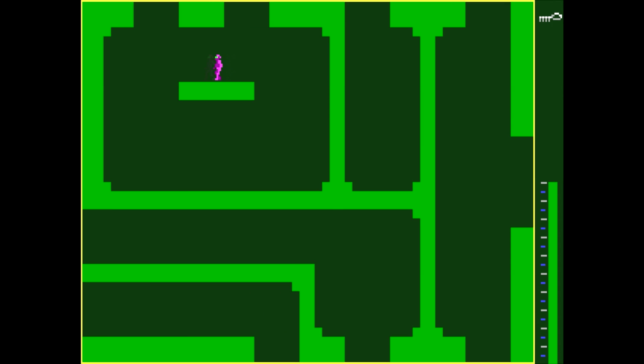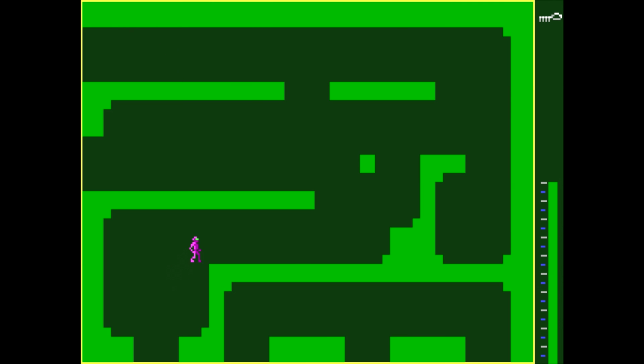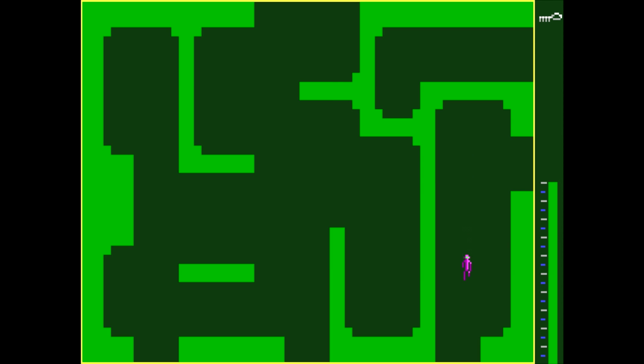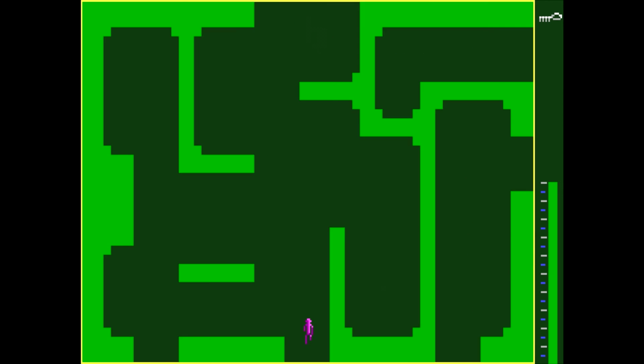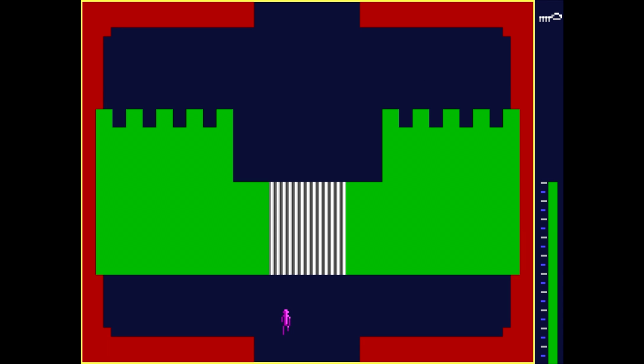Of course, I'm also remembering that in Adventure on the 2600, you also have this dragon going around trying to eat you or breathe fire on you or whatever. So there might be dragons roaming around here as well. It would make sense, but...